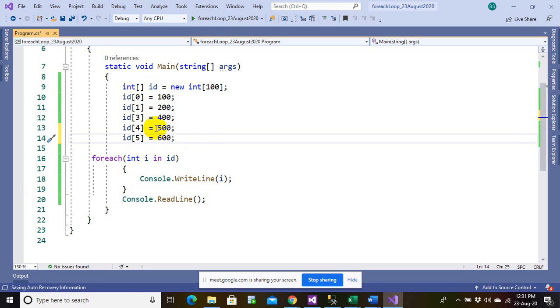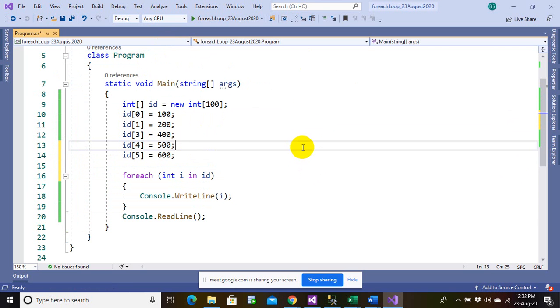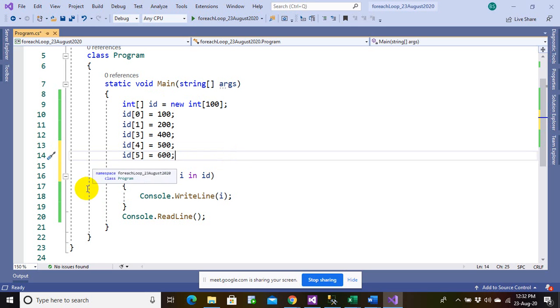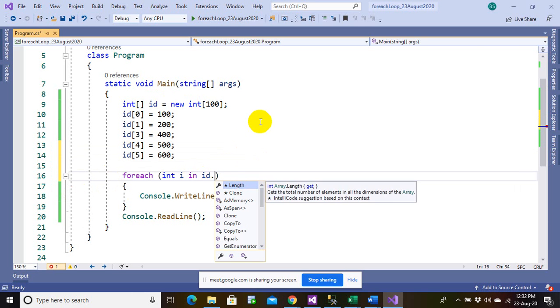So now let me change this perspective. For each also could not solve this problem that we had with the for loop. I thought that by using a for each you would not need to know the size of the array elements, but for each works exactly the same way as the for loop.